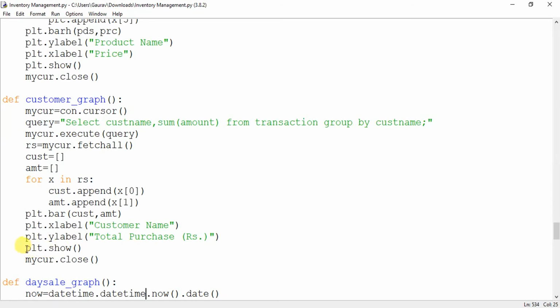And you will show. This line is very important. If you do not write this line, nothing will be displayed. Okay, then we come to